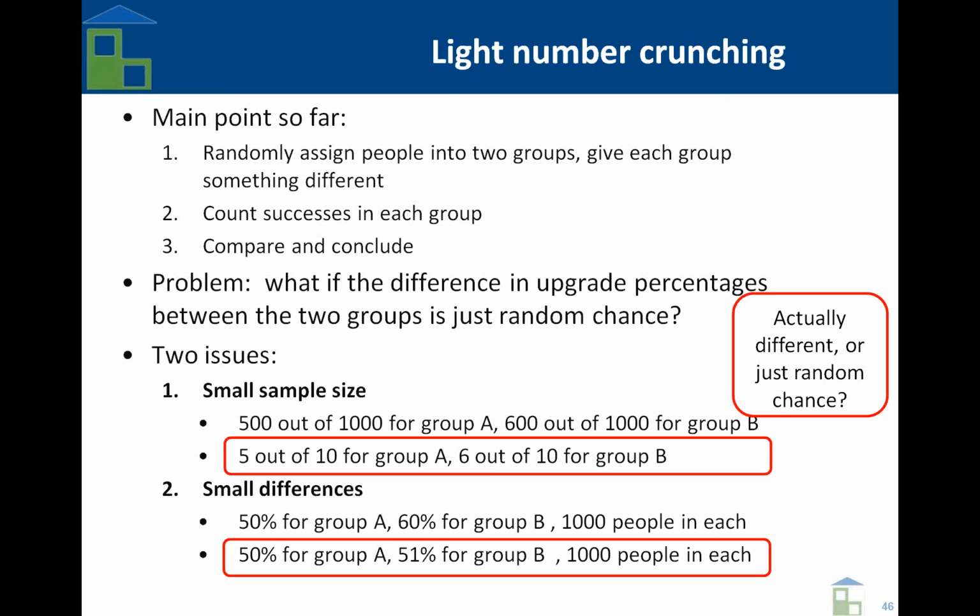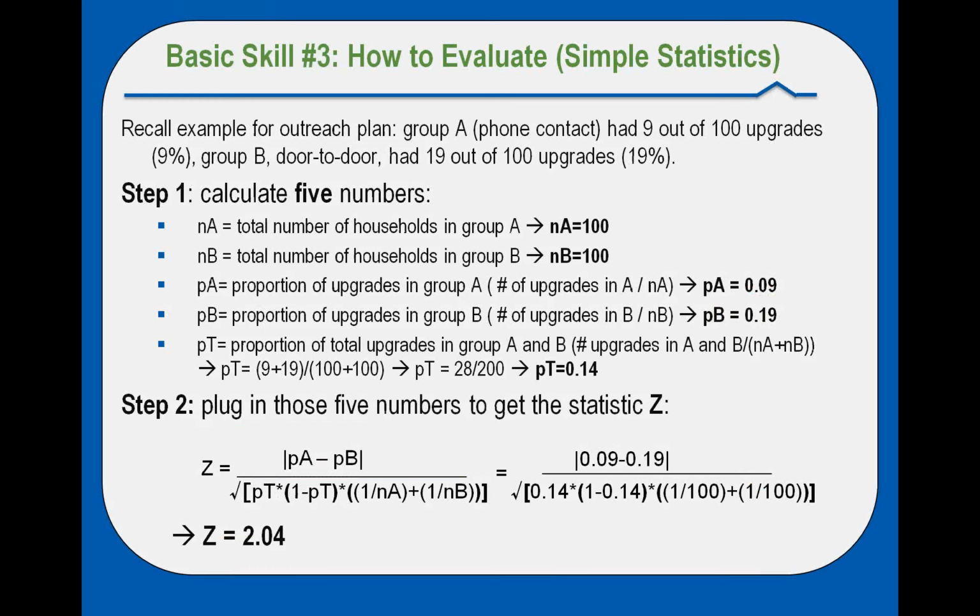Rather than just eyeballing these differences, statistics allows us to formally test if this difference actually matters or if it's just random chance. Now we're going to get to basic skill number 3, and I'm going to tell you how you can do this. If you remember the example for that third question, the outreach plan,